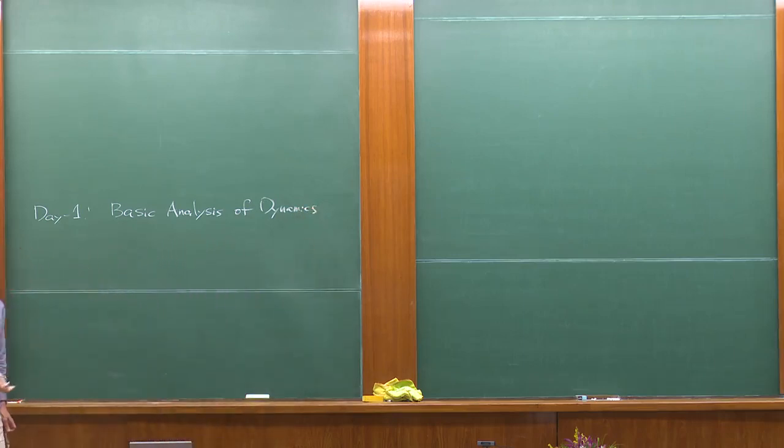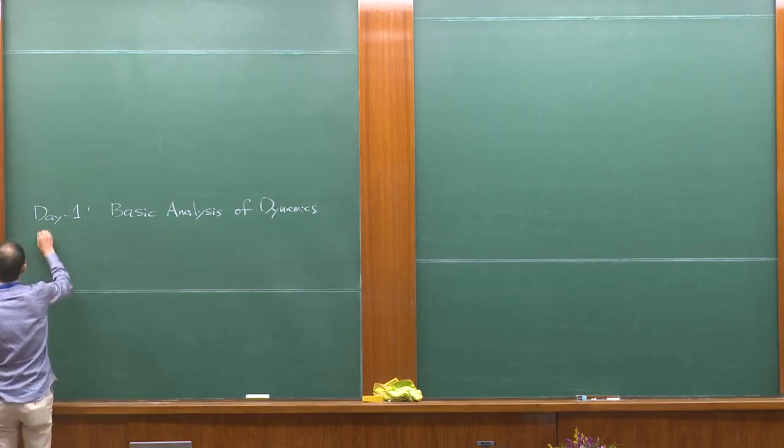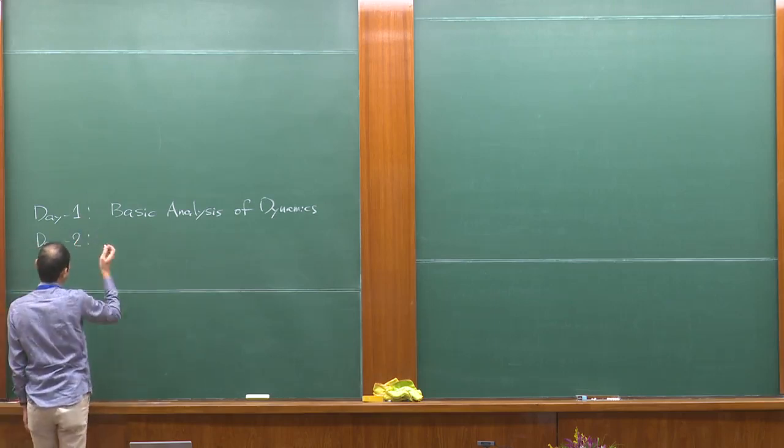I introduce the Vlasov equation, which is very much used in long-range interacting systems. And then I introduce what the stationary state of the Vlasov equation is and how to analyze the stability of the stationary state. And tomorrow, day 2, so I go to the